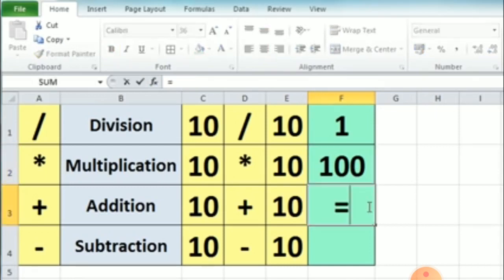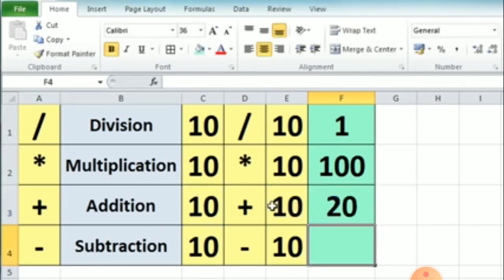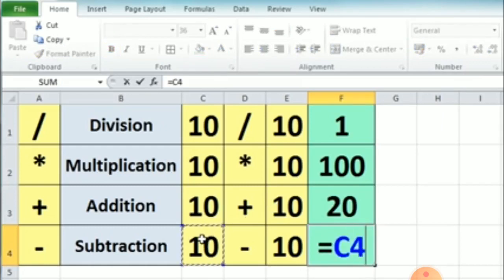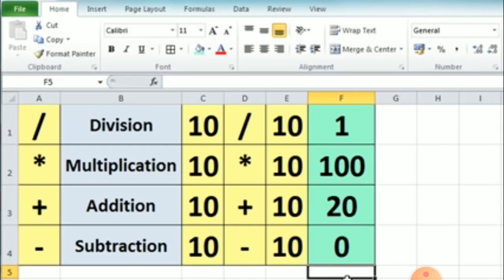For the third one, addition, same process: equal sign, first cell I will click, address is coming C3, and then E3, and then I will press enter. 20 is coming in the cell where I want my result. Now for the fourth one, subtraction, I will click on the first digit. First of all I will write equal sign, then C4 minus E4, then 0 is coming.